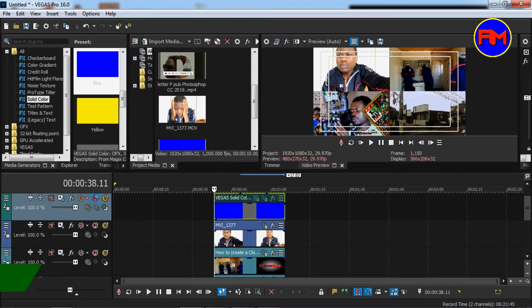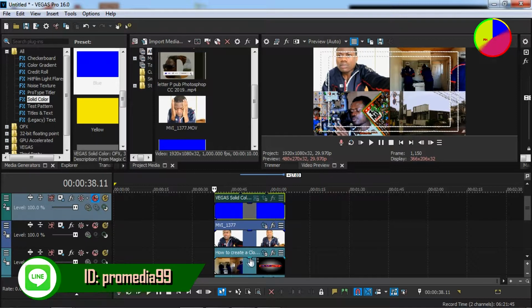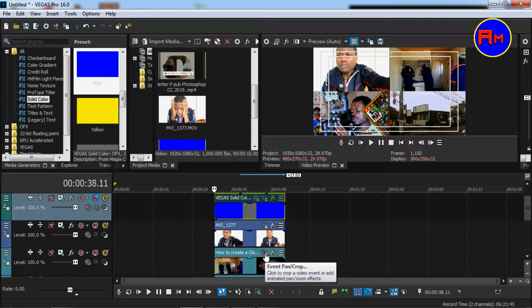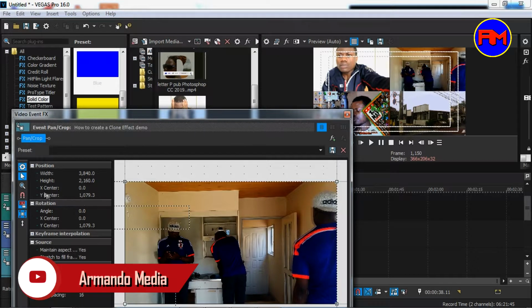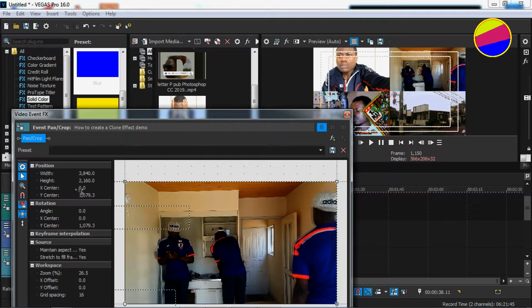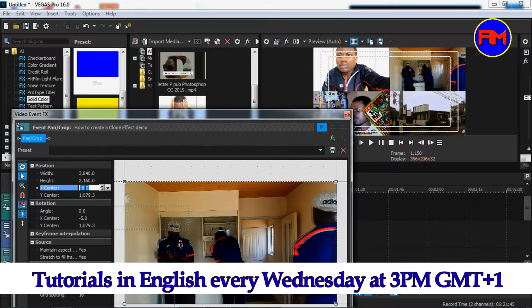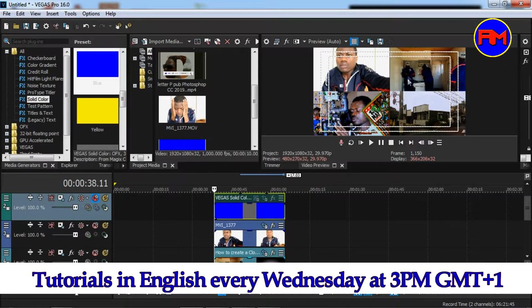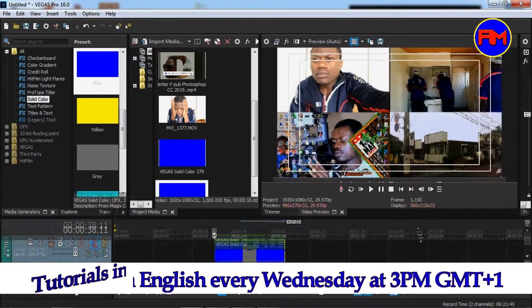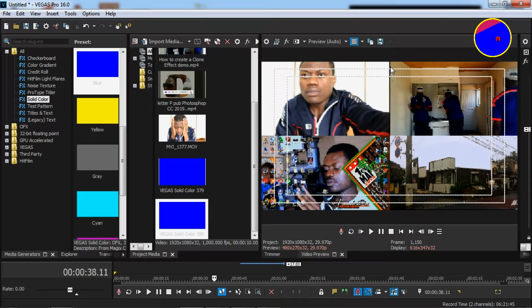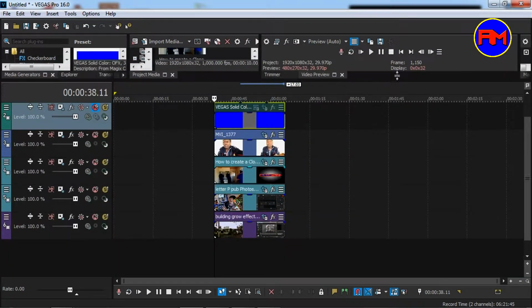I'll also go to the second video. Remember, the second video is the one at the right. I'll also open the event pan crop window and decrease the X center by 5 so that the gap is uniform, like this, -5, that way I increase by +5. If you are zooming, you see that there is a gap now in between these two videos. You will do the same for the other videos,